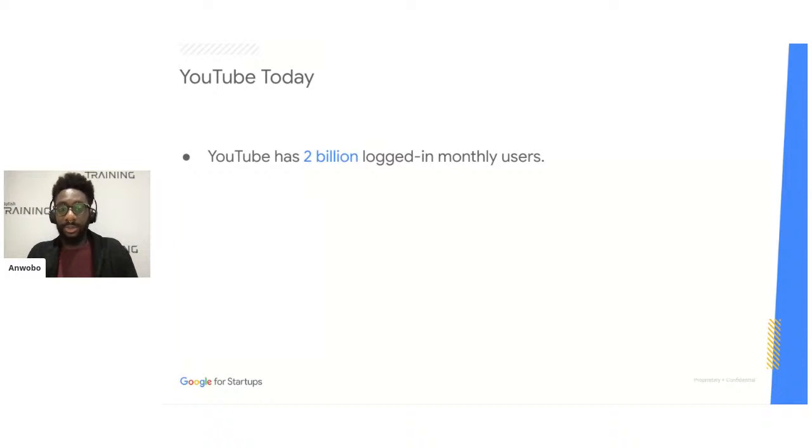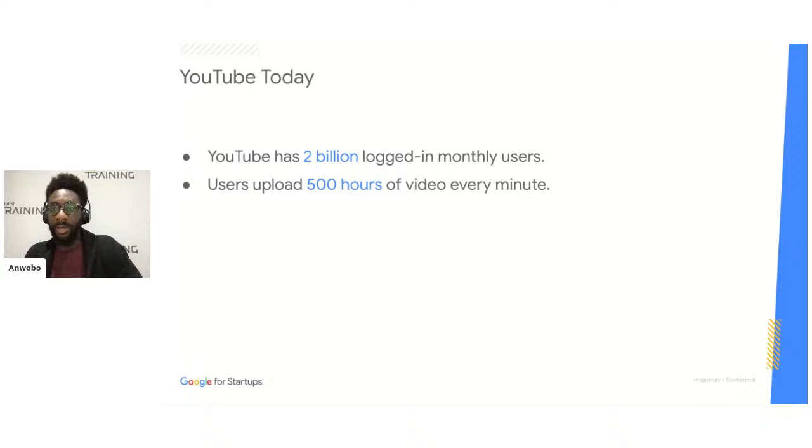Now, of course, it is still a user-generated platform, and we upload our content as users and as channel owners. You upload your content, and it's still the same format as when it began back in 2005. And in terms of content being uploaded, this still happens, but at an unprecedented and sometimes almost an unimaginable rate. In fact, users upload 500 hours of video to YouTube every single minute, which is a stat that I can't really comprehend in my mind sometimes.